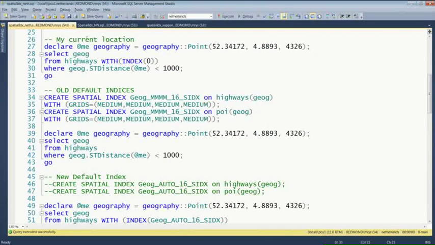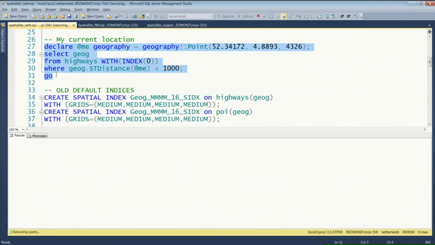So now let's show some other queries here. This is some data that I have about the Netherlands. And the query that I want to look at in particular is the following. I have here a geolocation that is the RAI center, or somewhere outside the RAI center, that we took with our GPS device on the phone. And now I want to see all the roads that are within a kilometer distance of me. So I'm running this query, and this time I use an ST distance, which is now supported in 2012 as a query plan as well. And I run this,